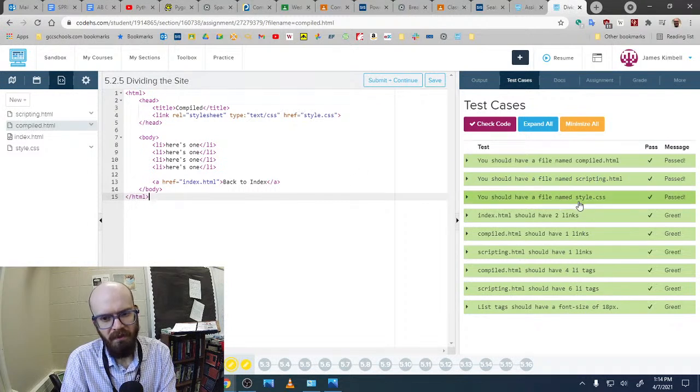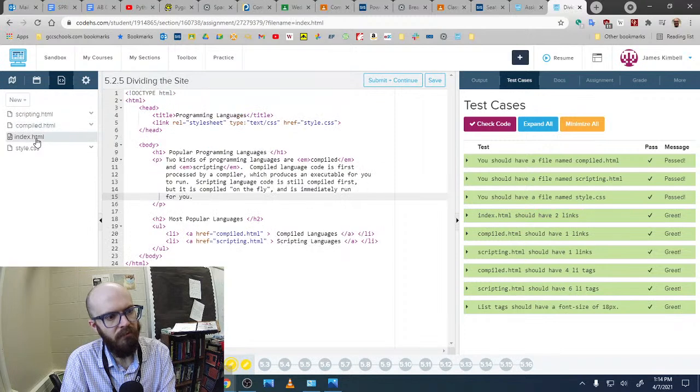You should have file name style.css. Again, same thing here. You click this guy, you click new, and then you give it a name. And then index should have 2 links. Index is the one that was there. Like when you open this and you haven't done it yet, it starts with index, and then you have to make the other ones. So that should have 2 links, and you can make